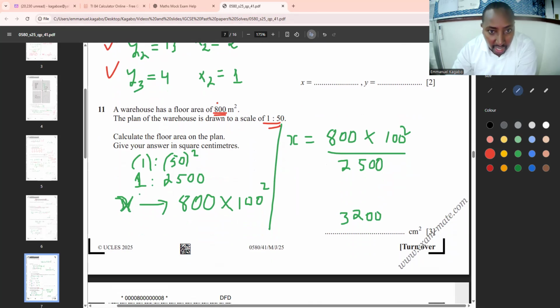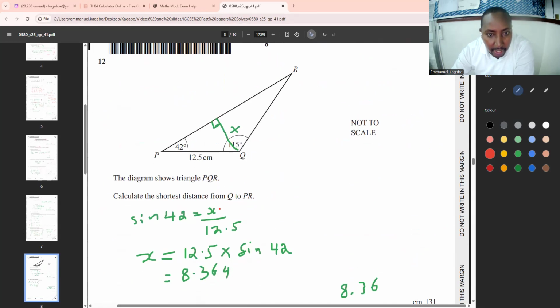So they brought in area, so I always advise students to square your scale. If I square one centimeter on the map, which is representing that, when you square, you get that. So if that's the case, this one will be equal to 1, this one will be equal to 1. So I change this one to centimeter squared. You see, that's why I did this one squared, which will give me this one. I converted this meter squared to centimeter squared. Now, basically it means I have to get this one divided by this, which will give me that centimeter squared. Okay. Now,